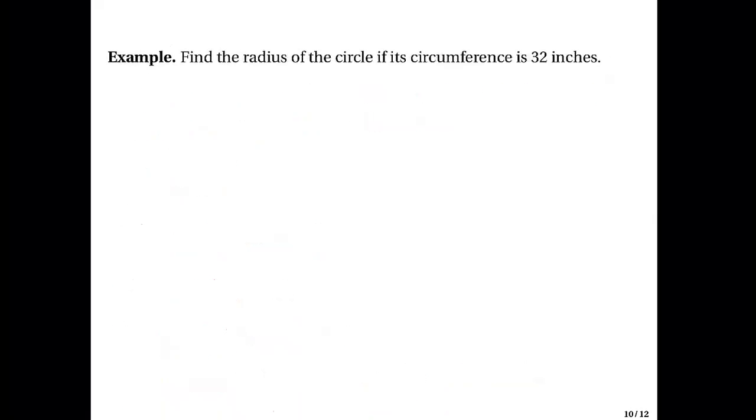Okay, so let us go to the last example for today's lecture. Find the radius of the circle if its circumference is 32 inches. So we want to find the radius. We just let R be the radius of the circle, and we also let C be the circumference. Then